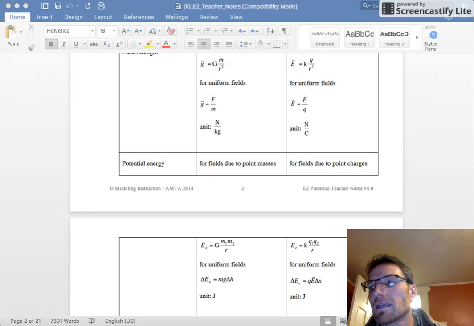once we get into mapping the fields, potentials between charges in an electric field. This will be great because we can use the gravity analogy very similarly, and they should have no problem switching over to the electric field and thinking about looking at equipotentials for electric fields, just like we did today for